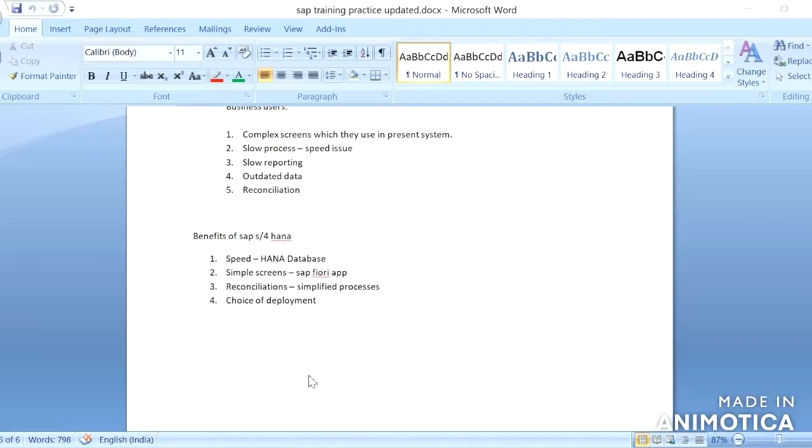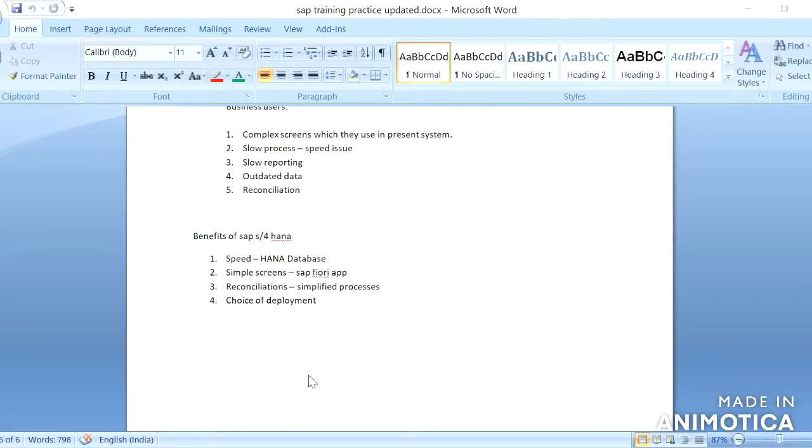So for SAP S/4HANA, it is mandatory to use SAP HANA database. The older databases will not work with SAP S/4HANA. So HANA database was totally designed to the modern processes, which helps in improving the speed.